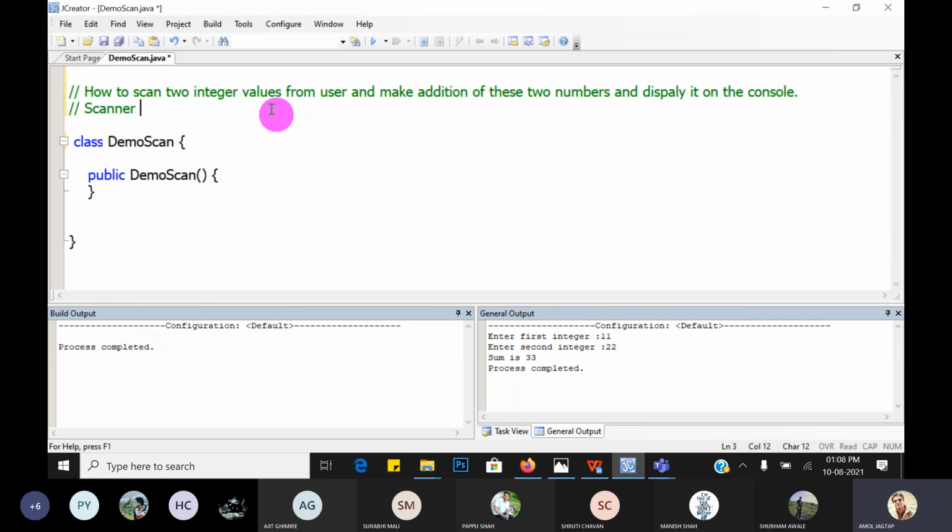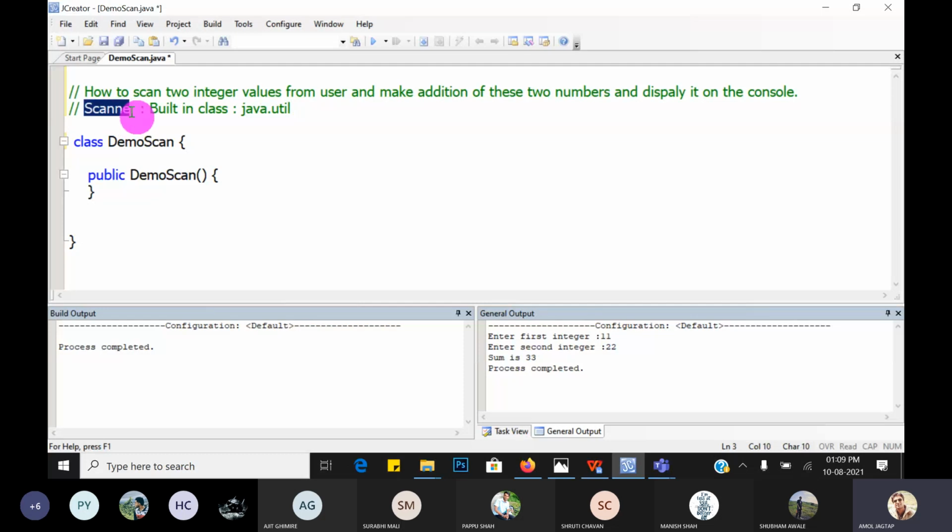Where is the scanner class present? It is a built-in class. And in which package is the scanner class? The scanner class is in java.util. This is the name of the package where the scanner class exists.